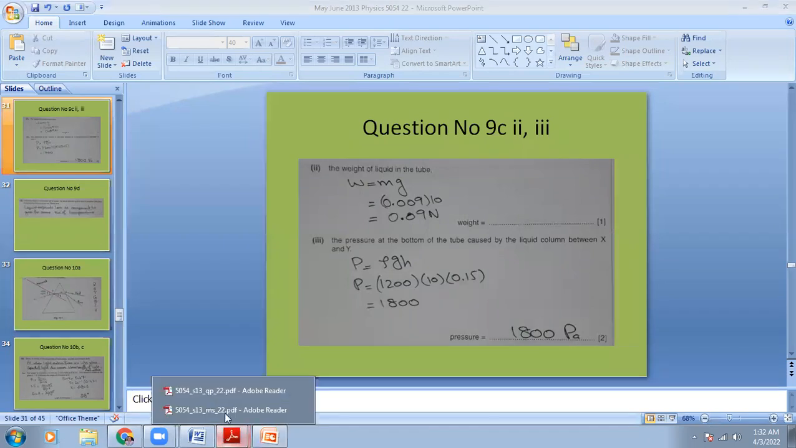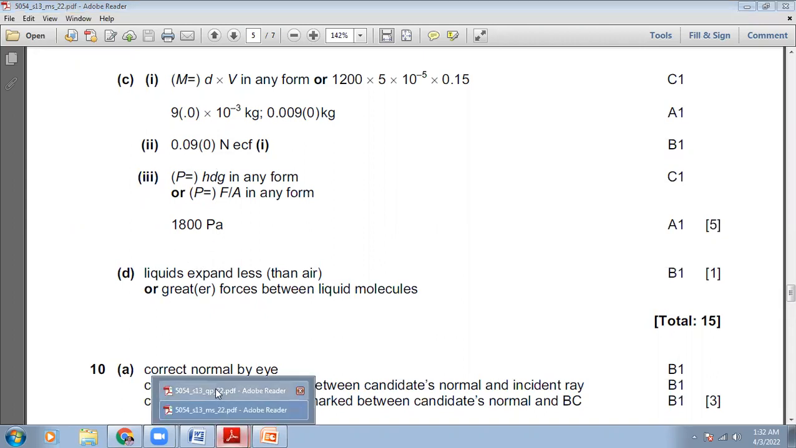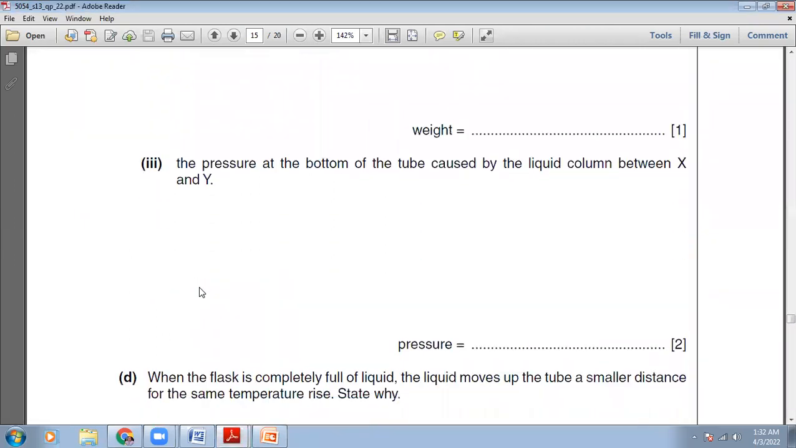So let's have a look at the marking scheme first. 0.009 kg, our answer is right. 0.09 Newton, our answer is right. 1800 Pascal, our answers are right. Okay. So now the question is,